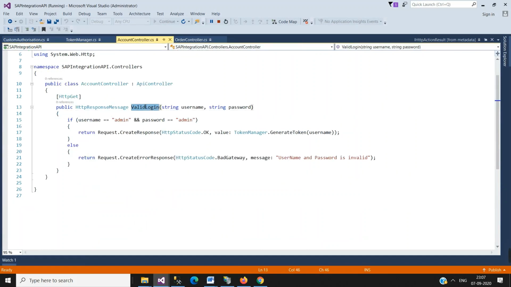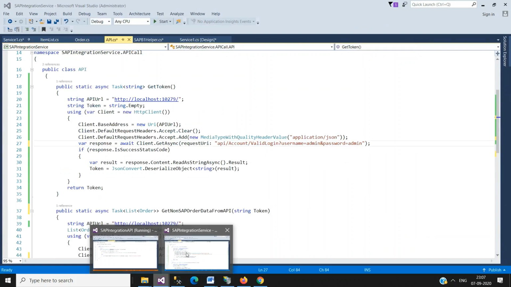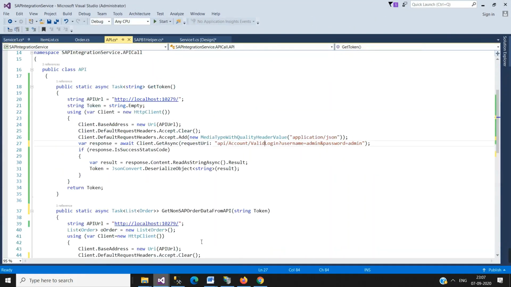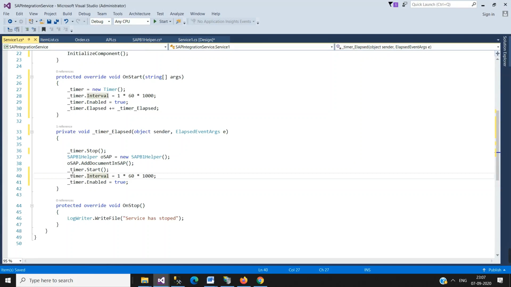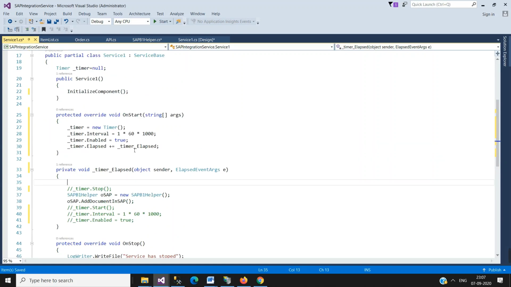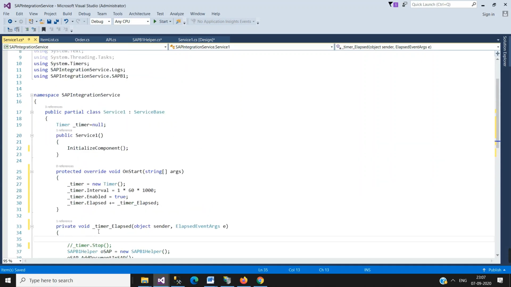Okay, right. So I'm going to run this Windows service so that we can test. I'm commenting this line of code to run this Windows service without any installation.